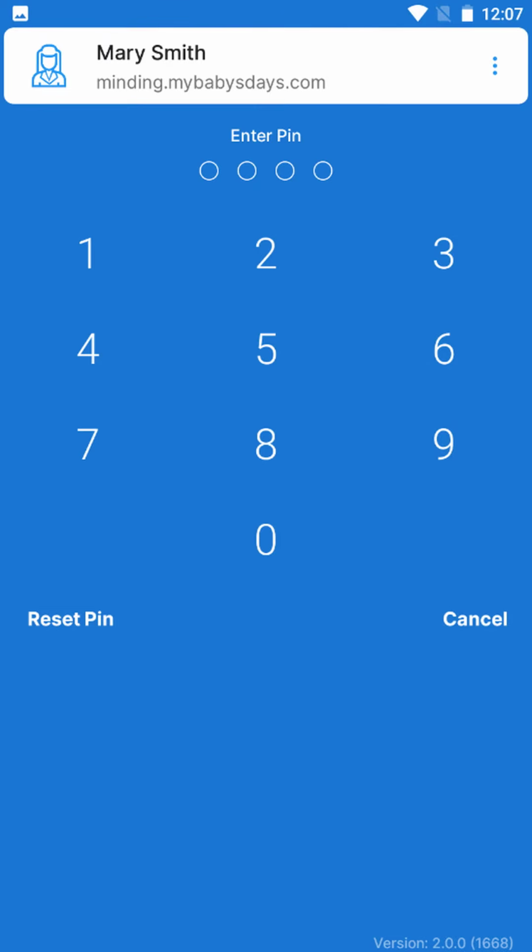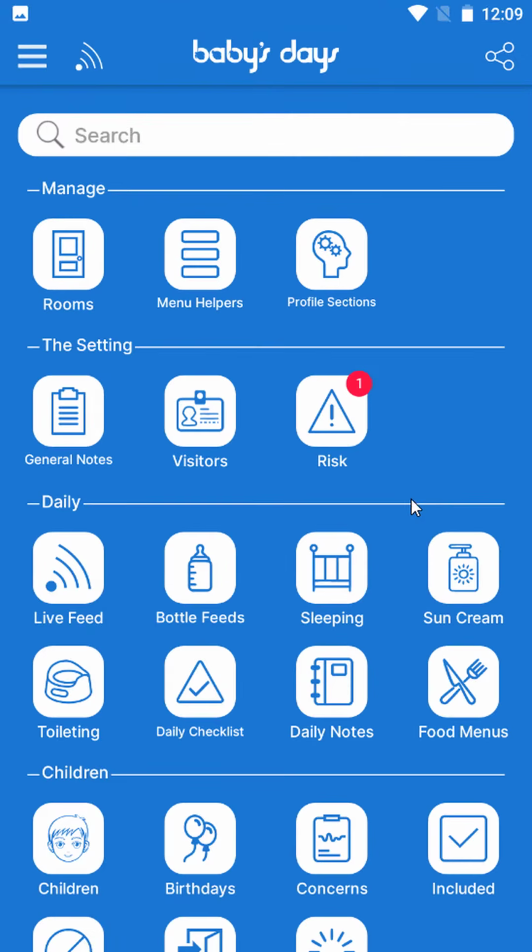This short video will explain a few of the changes in the new Baby's Days app compared to the previous app. The new Baby's Days app was launched in July 2022. You will log in as normal as you previously did. Once you log in, you will be taken to the control center, and this is where you'll notice the first